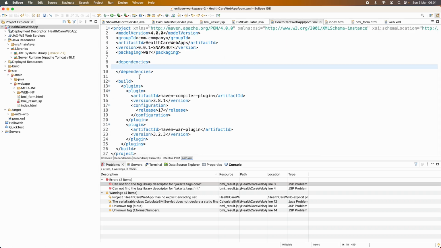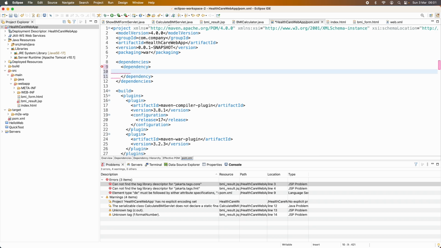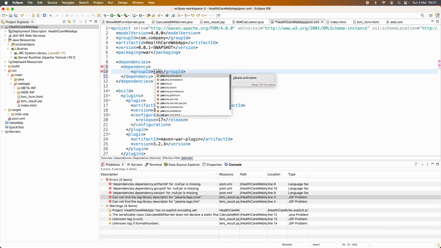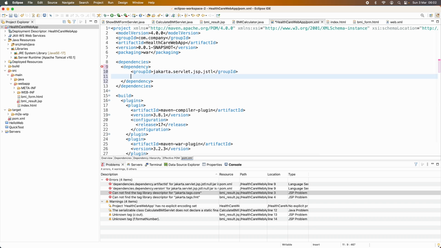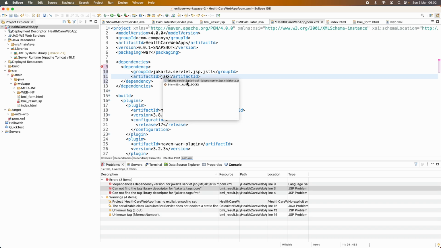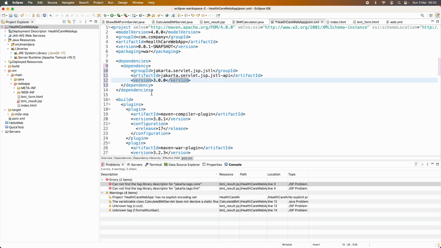In this project I used Maven, so I need to add a dependency for JSTL here, with the group ID jakarta.servlet.jsp.jstl and artifact ID jakarta.servlet.jsp.jstl-api, and version 3.0.0.